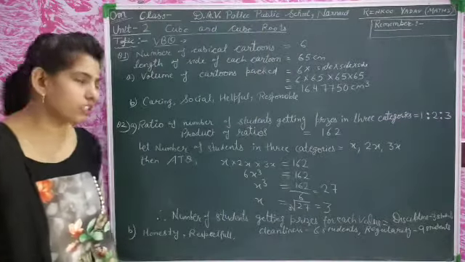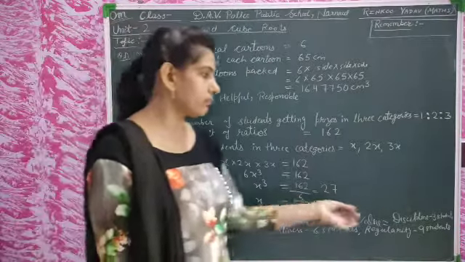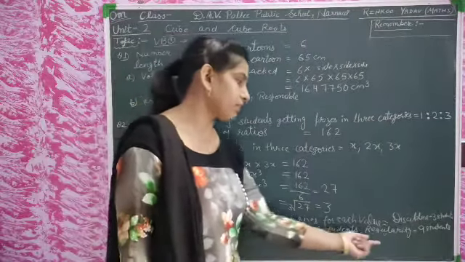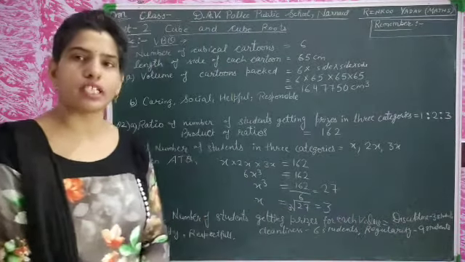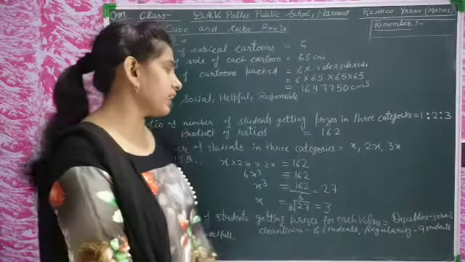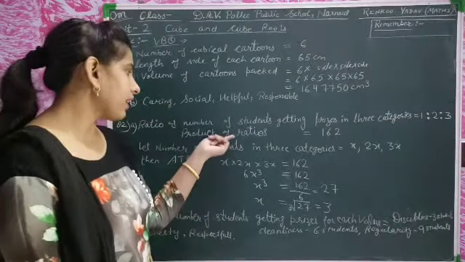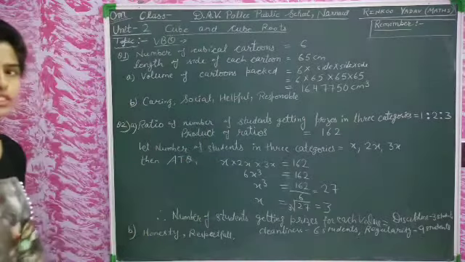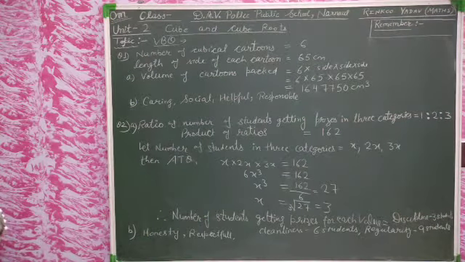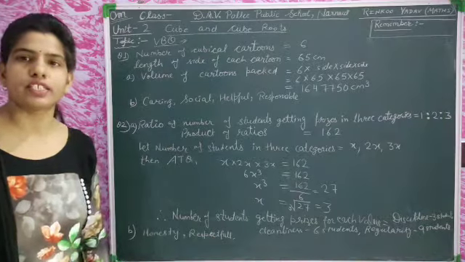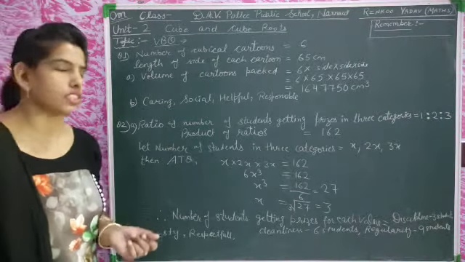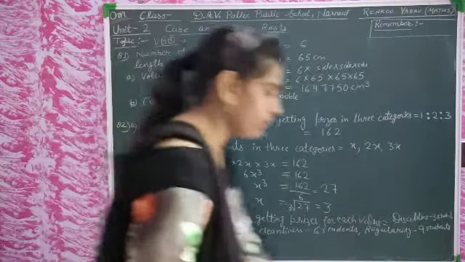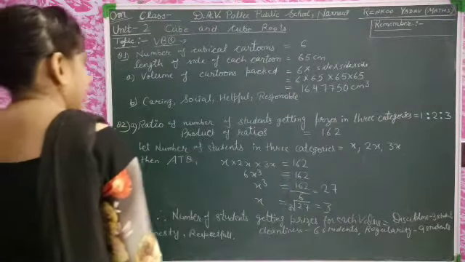But in your answer book, some different numbers of students are given for discipline, cleanliness and regularity, because they have done this question by using the sum of the ratios here. You will do this question first, and then we will try to find the next answers. Yes students? Okay, now I will erase it and